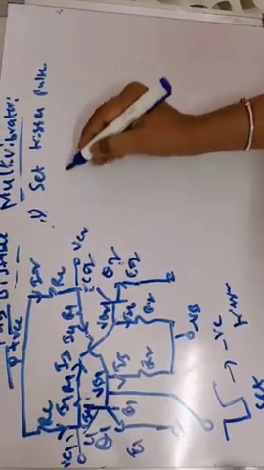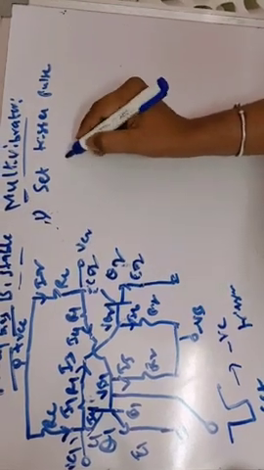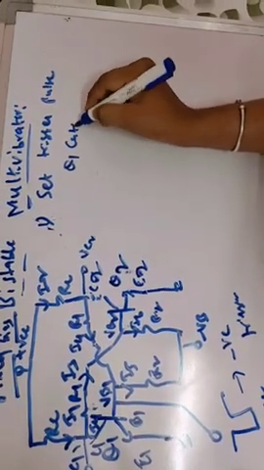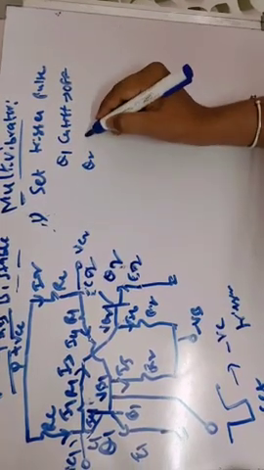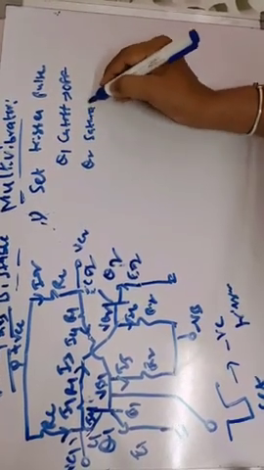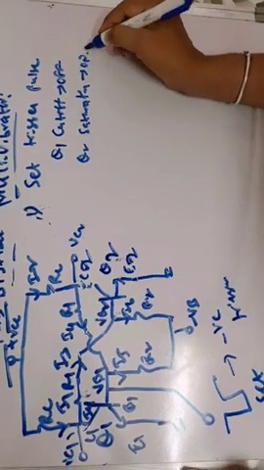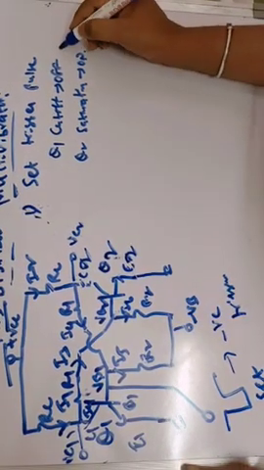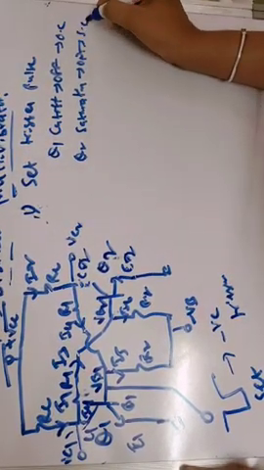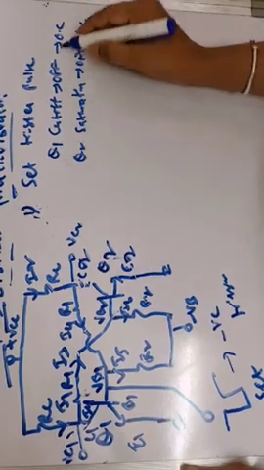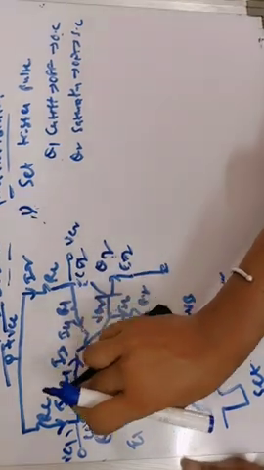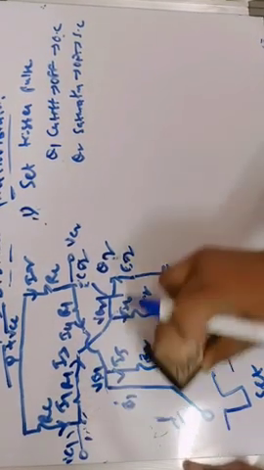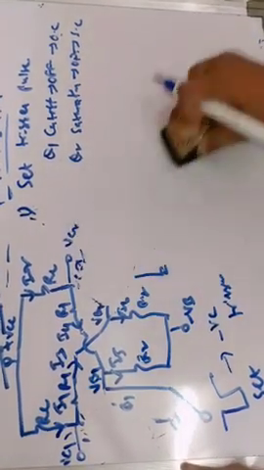Okay, so as we concluded here, Q1 will be cut off and is considered as off, and Q2 enters the saturation region and is considered as an on switch. So when Q1 is off, it is open circuited, and this will be short circuited. When Q1 is open circuited, what will be the potentials here?